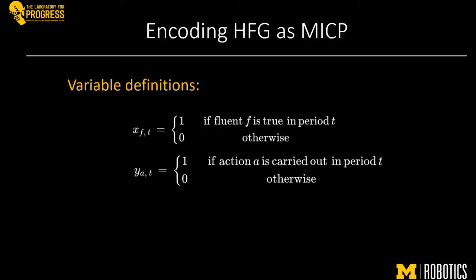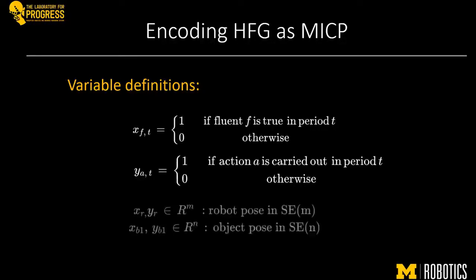And y sub a comma t is also a Boolean variable, which is 1 if an action A is carried out in period t, and it's 0 otherwise. So these are the discrete or integer variables, and then we have 2 sets of continuous variables, xr and yr. I should probably have used a different variable name, but anyway, xr and yr are continuous variables,